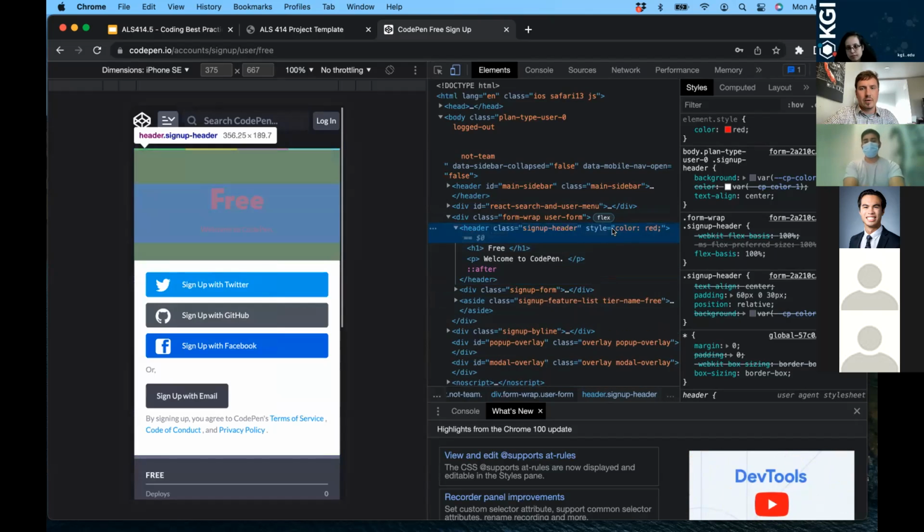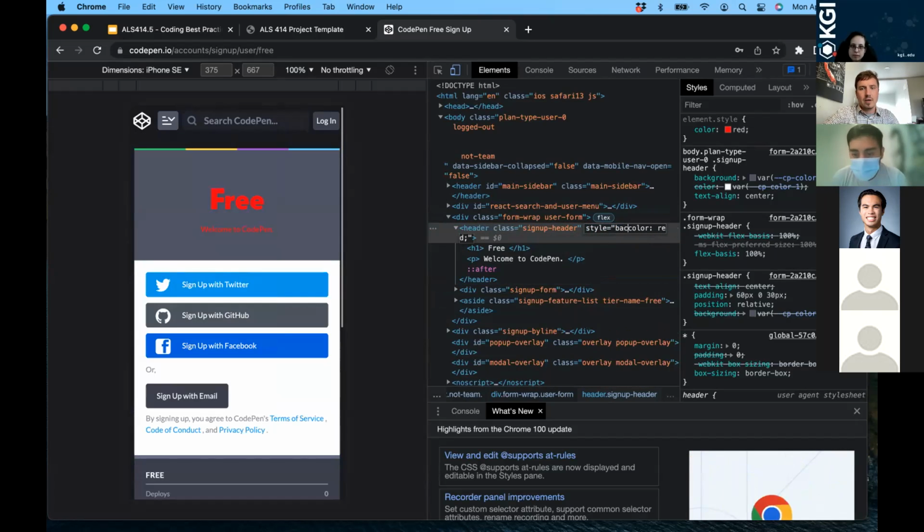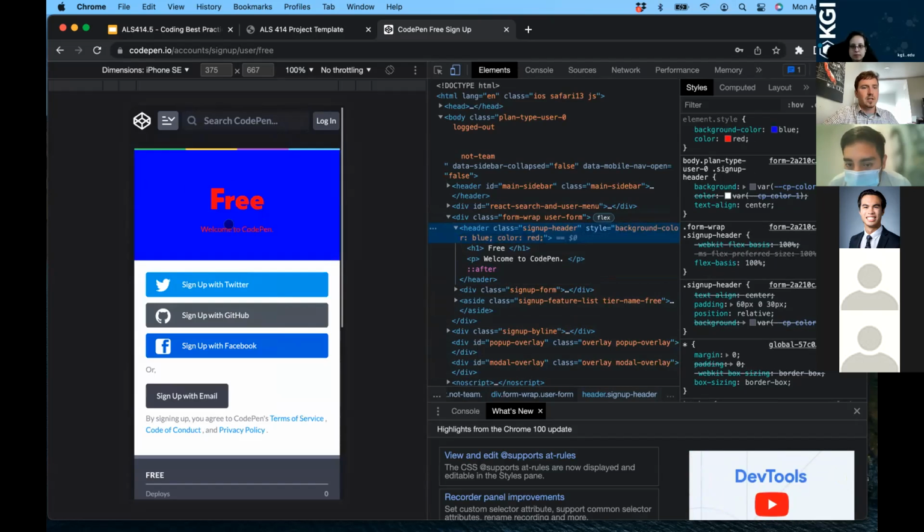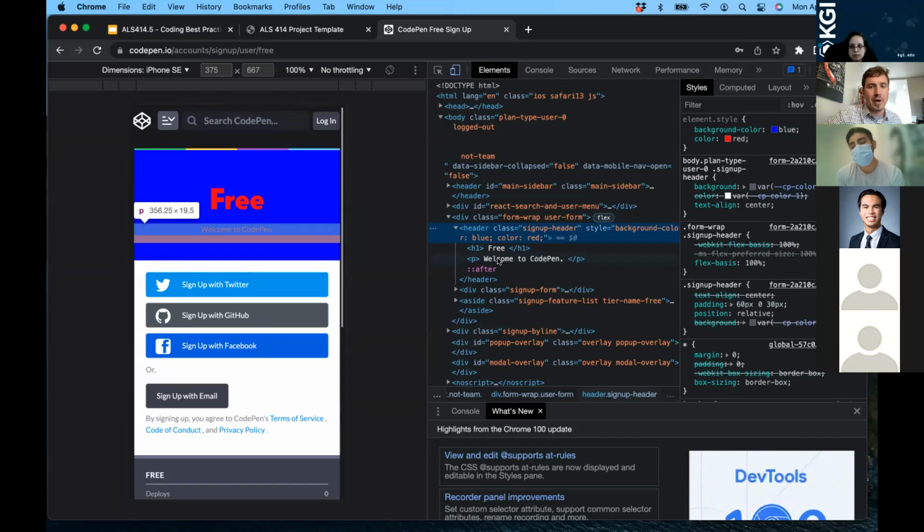How about, we'll do a lesson in color theory as well. Background color equals blue. Okay, so this is an example where contrasting colors, blue and red, are on the opposite end of the wheel, can really bring your attention, but almost be too harsh, right? With this, if you were just to write free, okay, that kind of works, right? But if you wanted someone to read a whole paragraph,